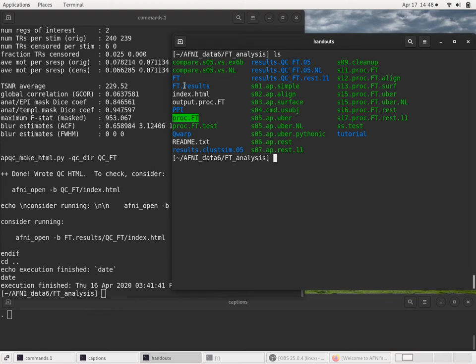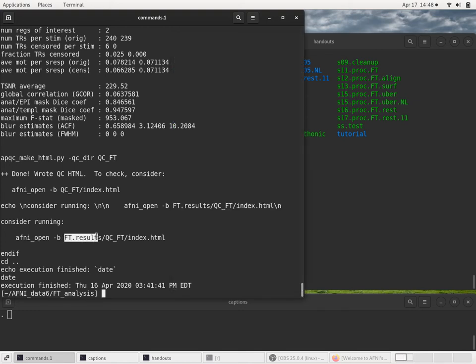It got input data from the FT directory. It generated the FT.results directory. That's where it ran the analysis. And all the text from that proc script was saved to output.proc.ft. So FT.results is where all the results are stored. And you can see this is telling us to open a web browser to an index.html file underneath that FT.results tree. So I'm just going to run this just briefly